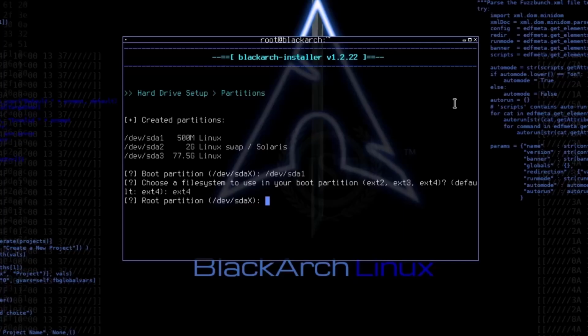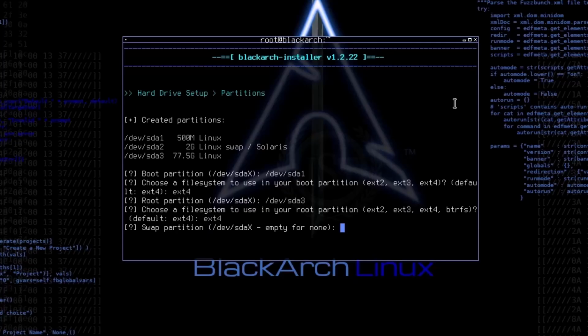Now the root partition is /dev/sda3, not SDA2. The root partition is SDA3, which is 77.5 GB, and hit enter. Again the file system is ext4 and now hit enter. Now you have to mention the swap partition, which is SDA2